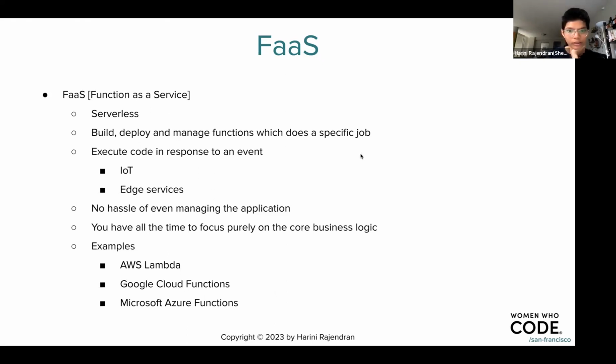Any questions so far? Yeah, so Manju is asking, for example, function as a service is used in earthquake alert. Yeah, that's a pretty great example. That's one of the edge use cases that we can think of, because there would be these sensors that are literally deployed across earthquake prone areas, which are constantly monitoring and gathering information. So if an earthquake is detected, that's a great event that has to be notified and raised, right? So yeah, that could be a good use case for function as a service. You're right.